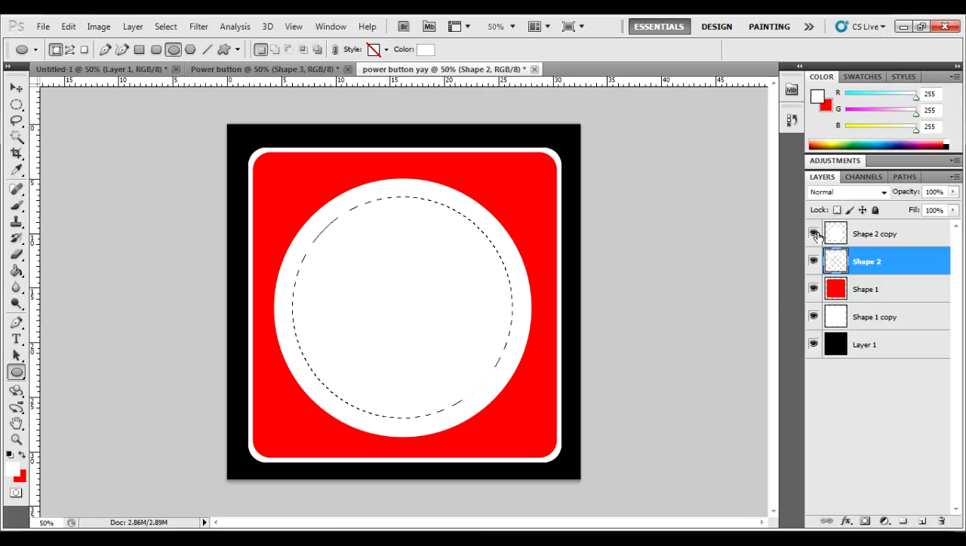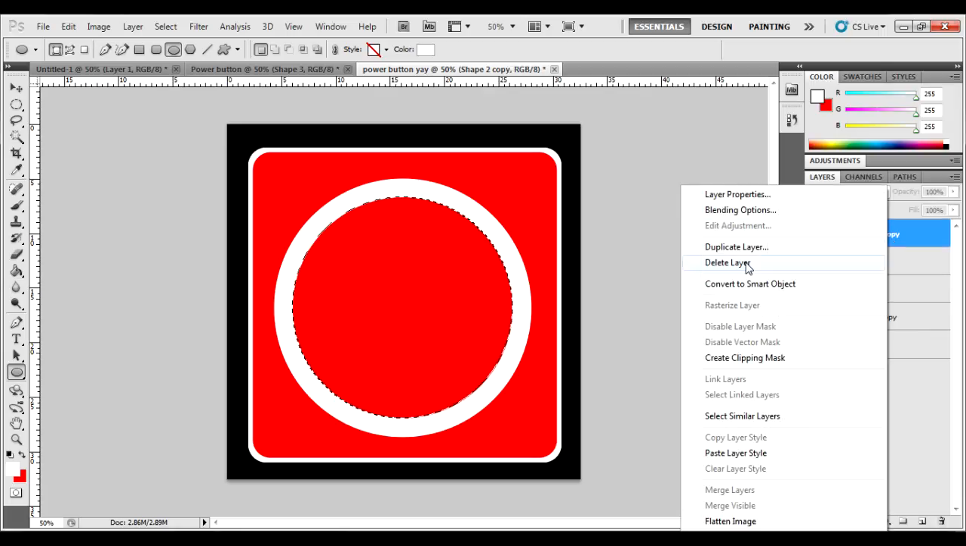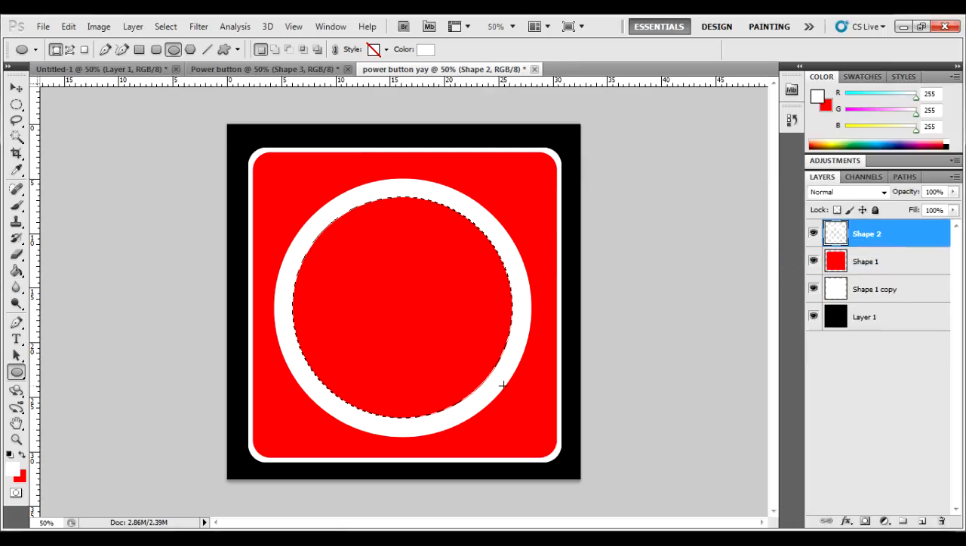Okay, so now you have this nice layer like this. So you can delete this top layer here, which was the shape that we were using, and you get this. Okay, so you can Control D